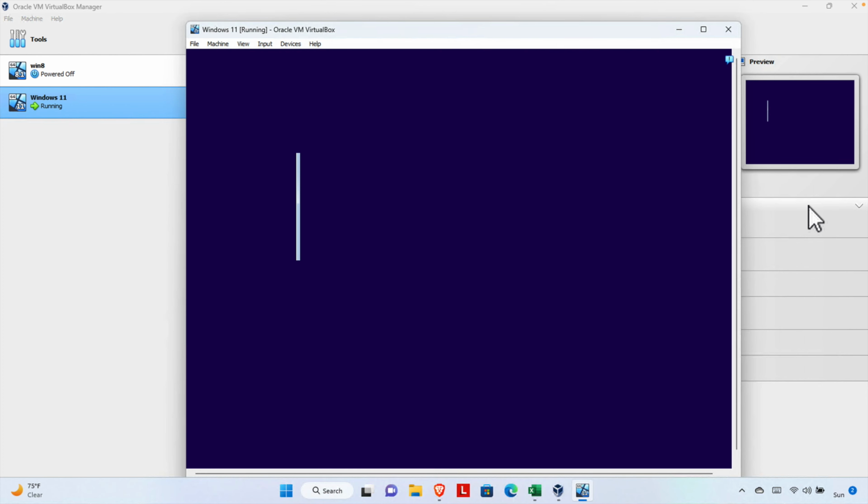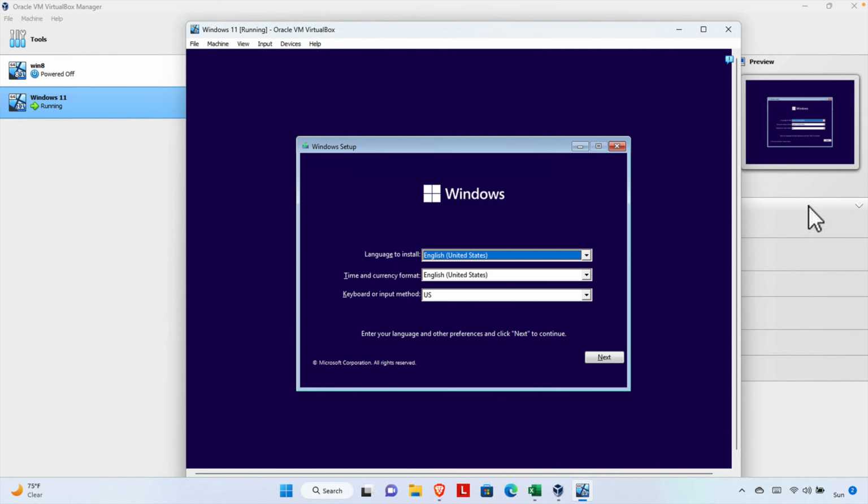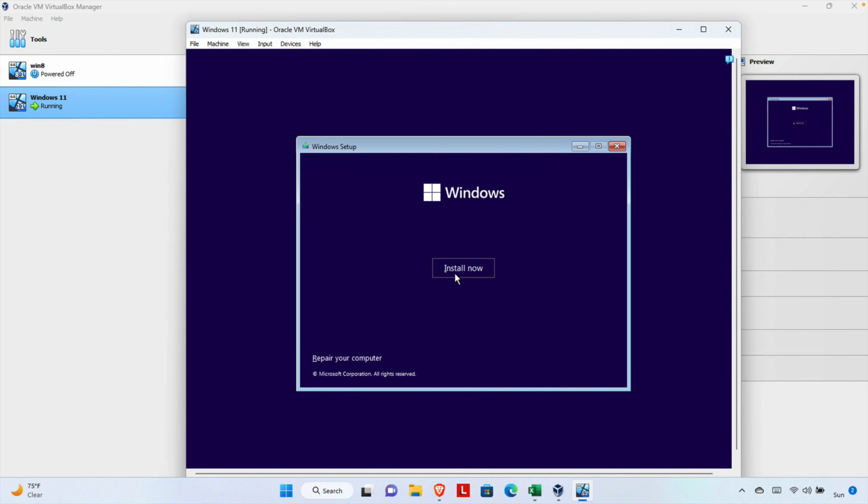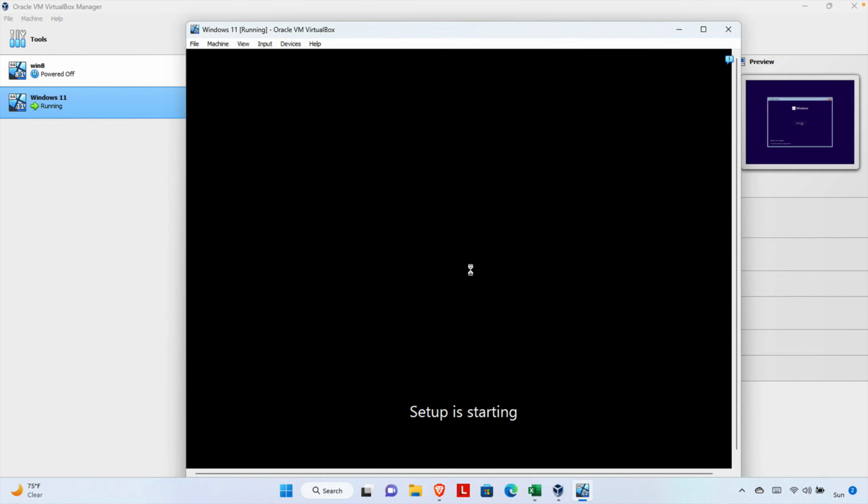Here the graphics is not very nice, but still that is fine. Now it is asking for the Windows setup option. We need to choose a language, and after that we have to click the next button, and then we'll find another button, install now. I just press there, and once I press there, we'll see this type of black window with a text